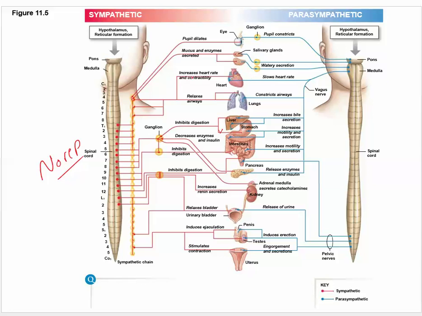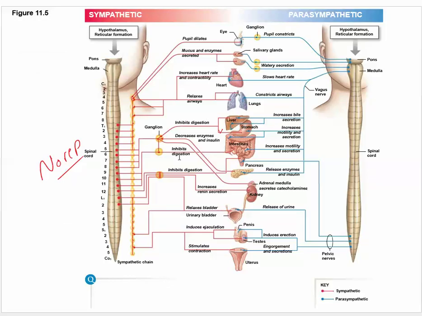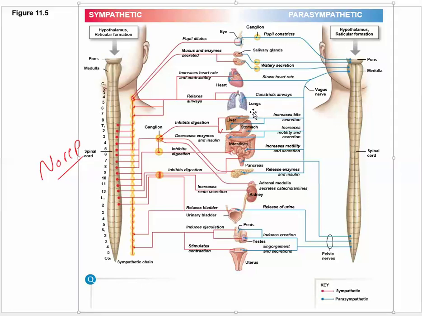You can pretty much fill in the gaps with most of these, like slowing heart rate, increasing heart rate. So it's not hard to understand what's going on. The hard thing is if you get a question like, does it activate, does it excite, or does it inhibit? If I ask whether the parasympathetic inhibits or excites a neuron, and one of the choices is that it could do either one, that's the right answer, because in one way it's constricting airways, and in another way it's increasing bile secretion over here.